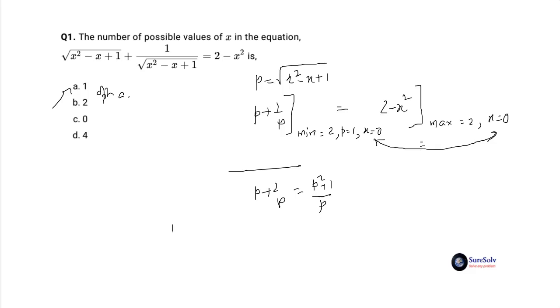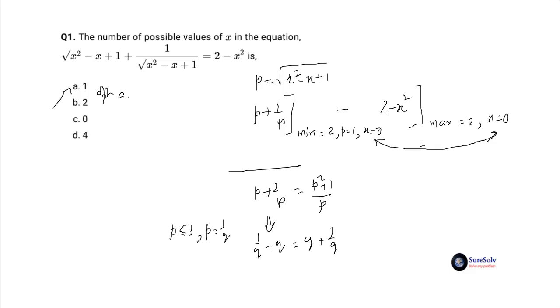For dealing with values of p less than or equal to 1, let's assume p equal to 1 by q and the original sum of inverses is changed to 1 by q plus q equal to q plus 1 by q. The form of the sum of inverses expression remains unchanged. In the second case, consider all values of p where p less than or equal to 1 and q greater than or equal to 1.